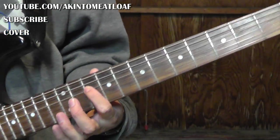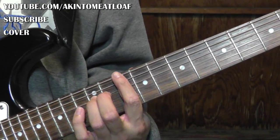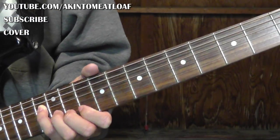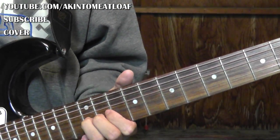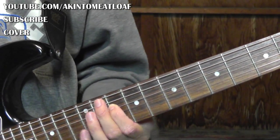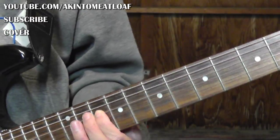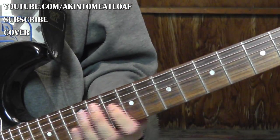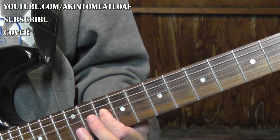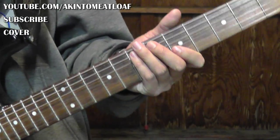So first finger starts on the 10th fret, 3 4 on the 12th and 13th frets of the D string respectively. Then second finger on the B string 11th, and third finger on the G string 12th. And then I play that with my first finger. This is the 10th to the 8th, just so I can slide down. Or sometimes I go like this. So that's sliding from the 8th up. Or you can just go. And then I slide down, and then you go back up to the